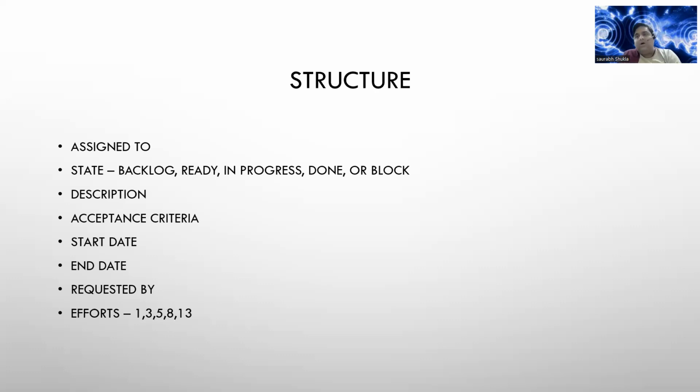Then requested by: who has requested that? You have to put the name of the client, the person who has requested this particular use case or initiative or epic, whatever. So it is all, first of all, hierarchy only. You can put the requested by name everywhere, so that anyone who opens the PBI can go up the hierarchy to the feature or epic or initiative. He can understand who has requested it, what the description was, what the acceptance criteria is, what the start date is, what the end date is, and then there is a